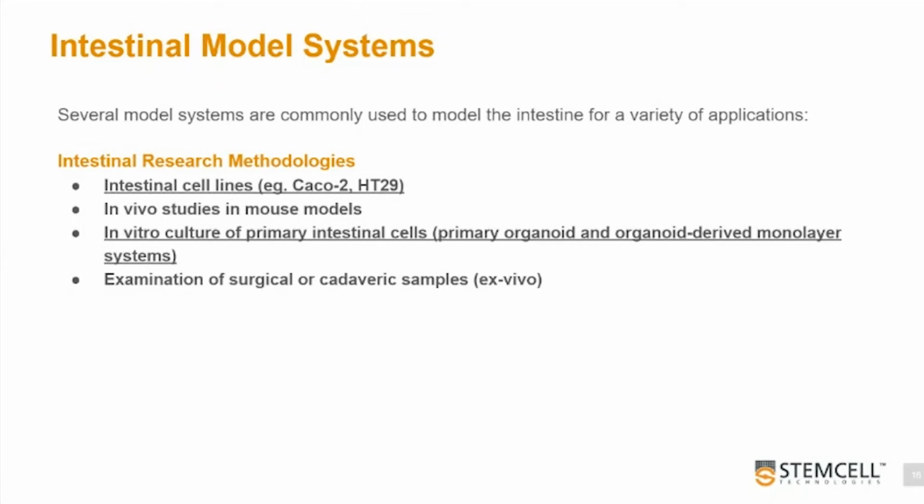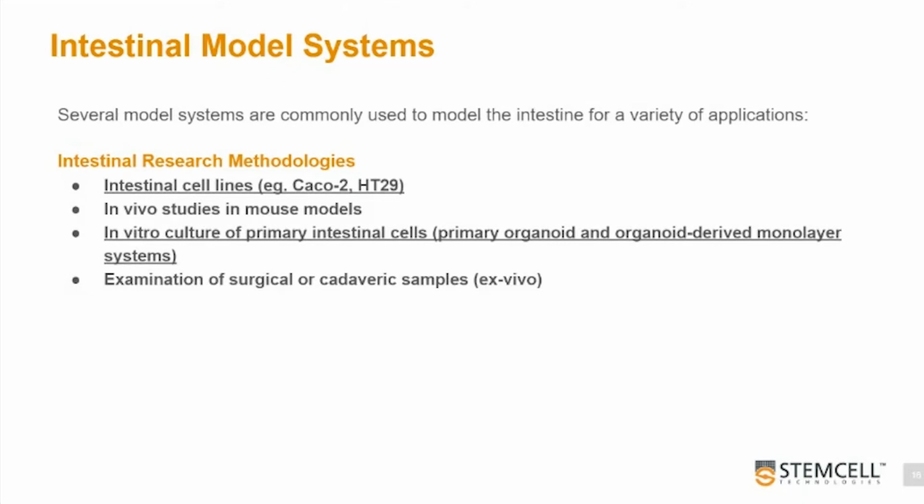The second commonly used model system is in vivo modeling using mouse models. The third technique or model system commonly used is the in vitro culture of primary intestinal cells as organoids or organoid-derived monolayers. The last methodology involves the examination of surgical and cadaveric samples or tissue biopsies, which could involve histological